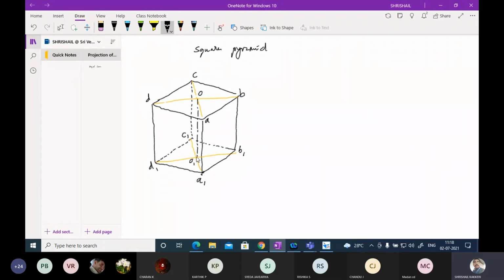In naming, if any problems are there, please ask me. Now the person is going to look from this end. The person looks from this end, and this is for the front view. And the person looks from the top, and this will be the top view. Now let me take the XY line.